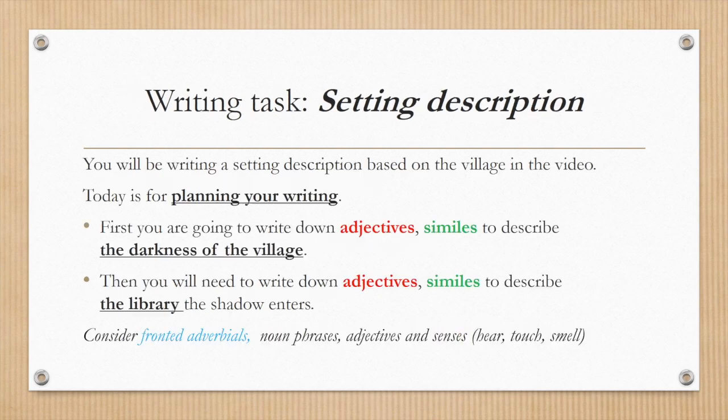So on the Year 5-6 PowerPoint we set out how we would go about planning this, and we've split into two sections, the darkness of the village and the library. You have to remember that in a setting description you need to use your five senses. It's not about telling the story and saying this happened and this happened and this happened. It's about describing to the reader what the place is like so that we get a real feel for it